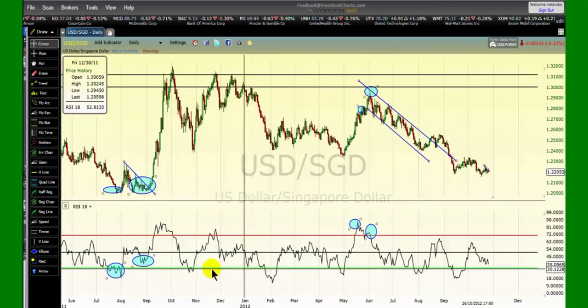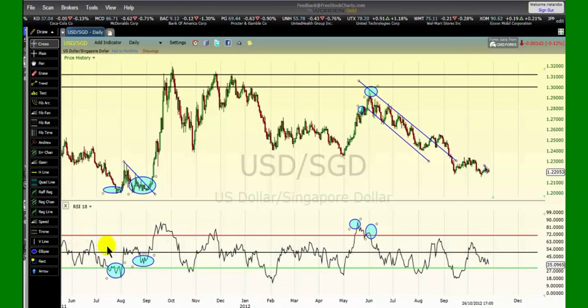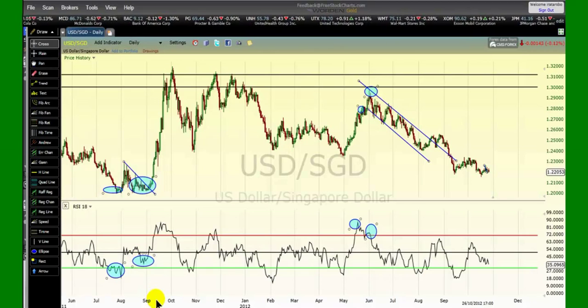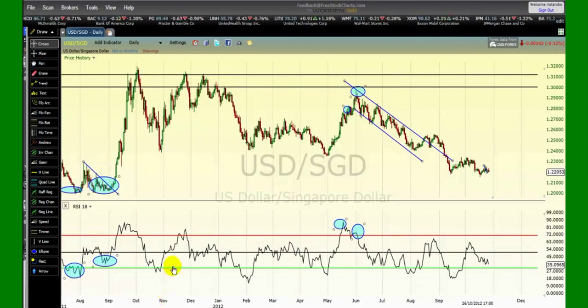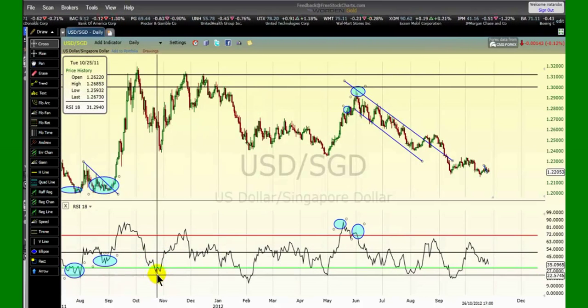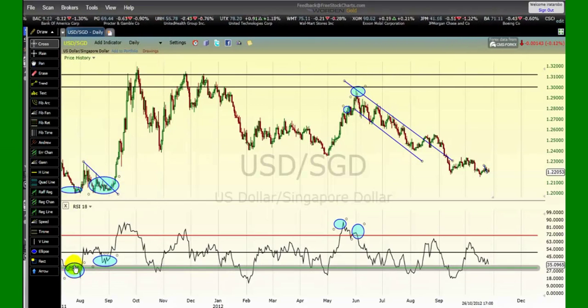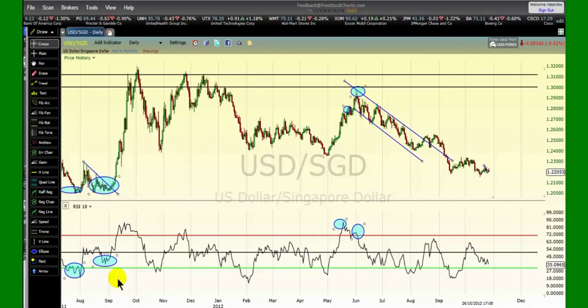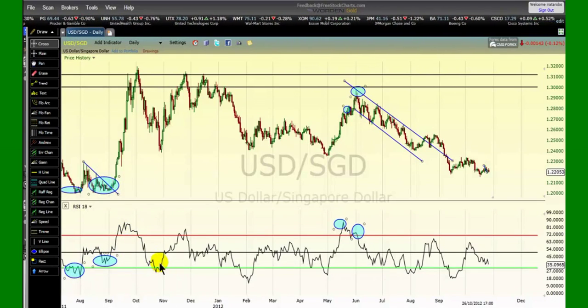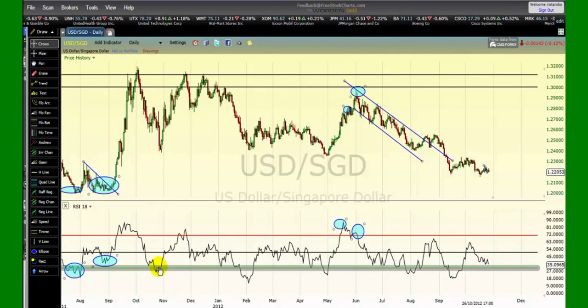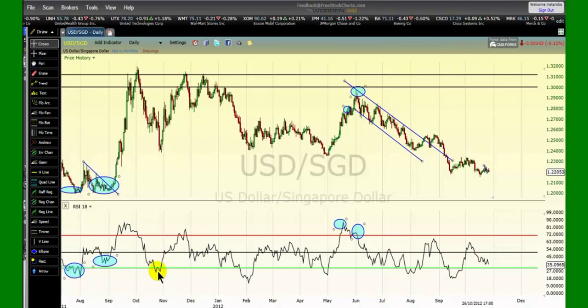Reversal. A reversal will take place when the indicator displays a lower low, so instead of a higher low, we have a lower low, but the price is displaying a higher low. This one here, but it's not a good setup. I don't like this one. I would prefer it to have a low like this and another one right below. But if we consider this and this, because the price went over both zones before coming here, I don't like this. But just for explanation purposes, a reversal is when the indicator displays a lower low,